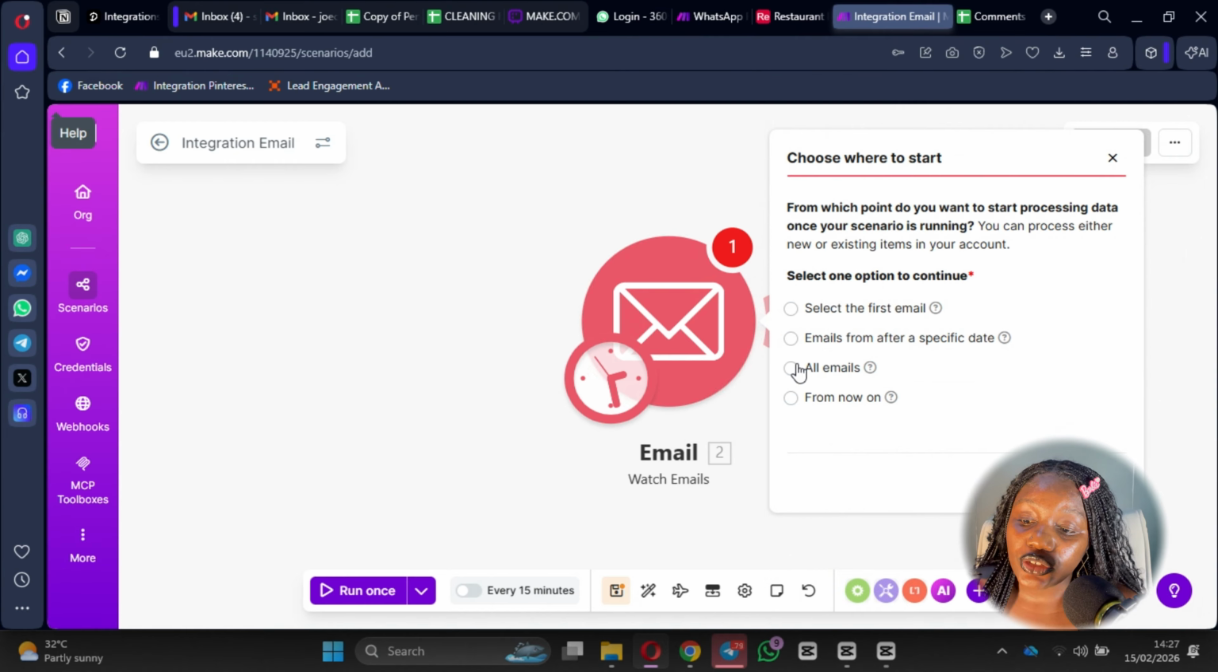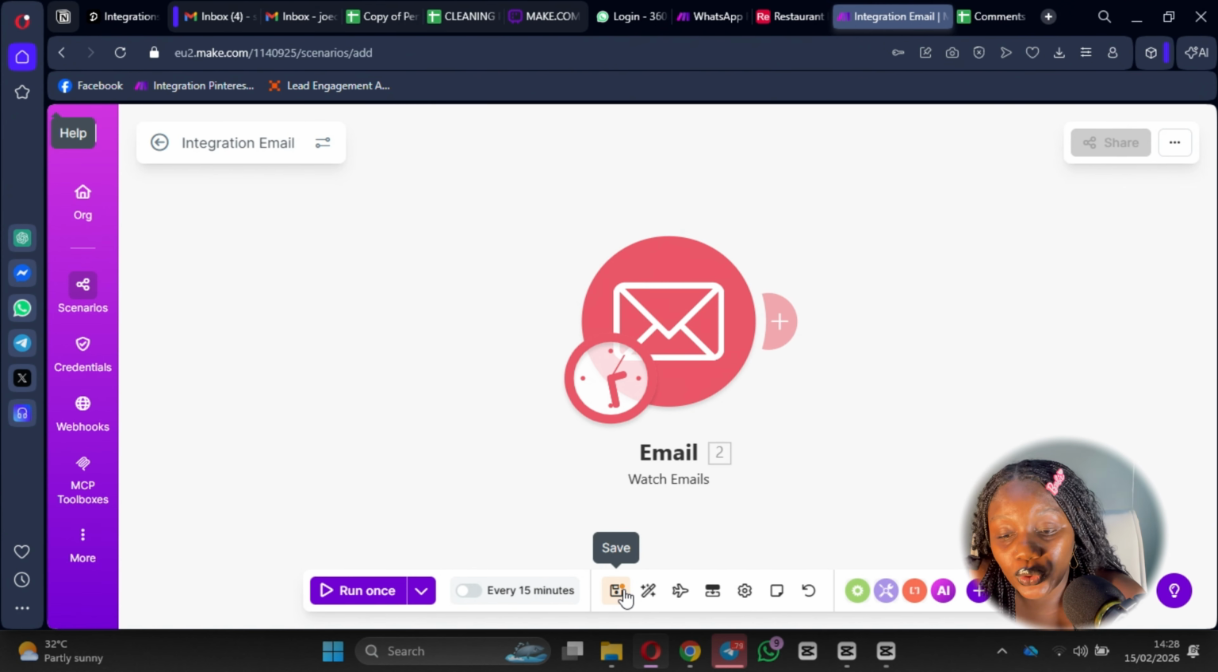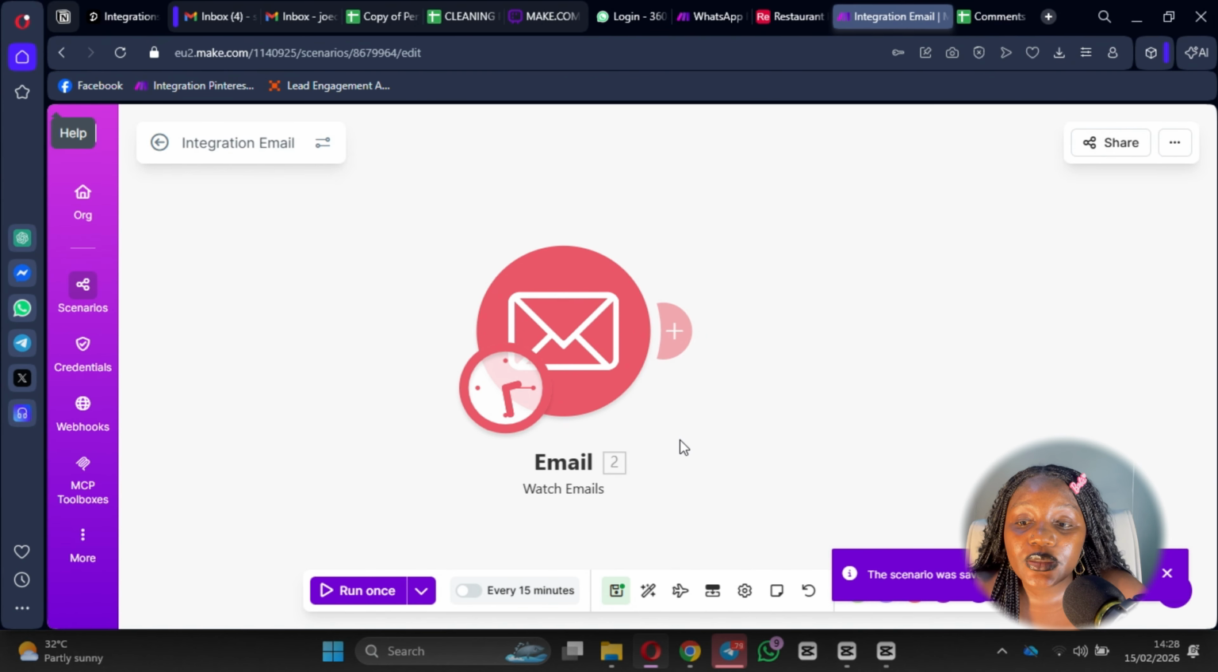Choose when you want it to start. You can do all emails or you can do from now on, whatever works for you. I would say do from now on if you already had your email existing before now, so that it will start running from now instead of going back to the ones that you already handled. So you will click save here, and your next module is going to be the OpenAI module